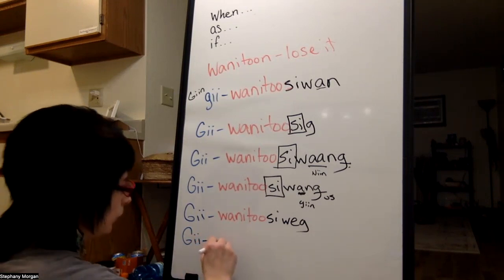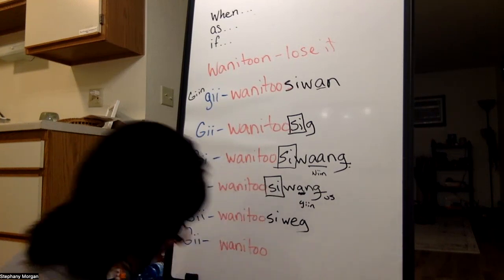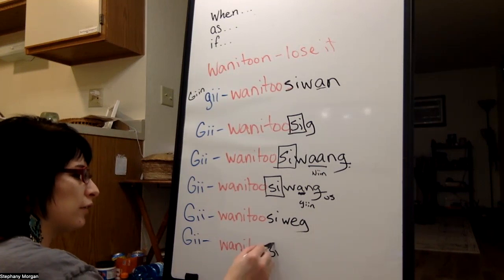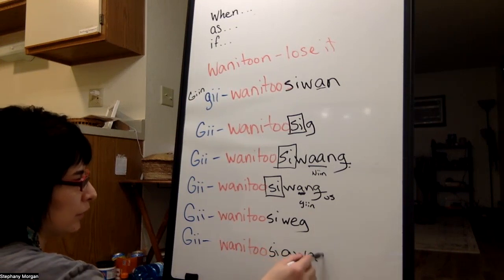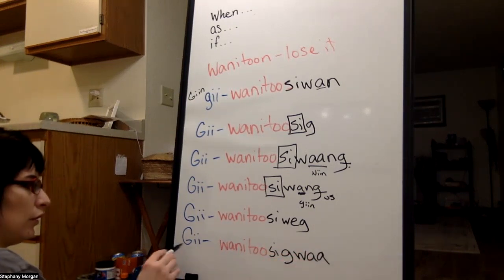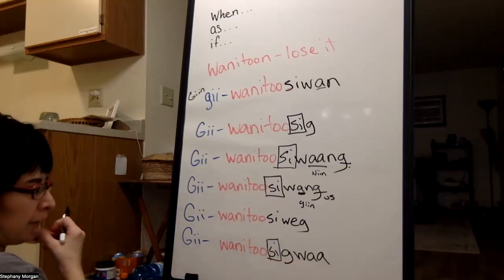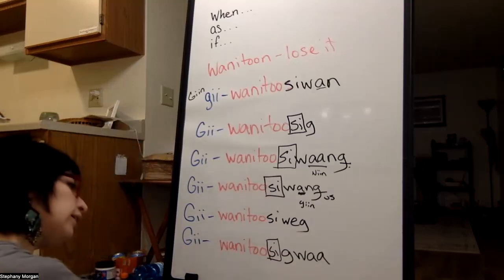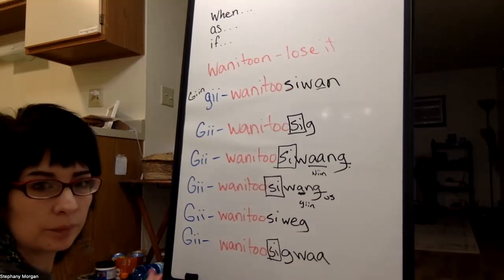Then we have wanted to. This one's a little bit different. Instead of wad, we get our si, our negation here, and then we get sigwa. We get a g, gi wanted to sigwa when they did not lose it. And when obviative, when Godug did not lose it, when the obviative did not lose it, it's wonder if you